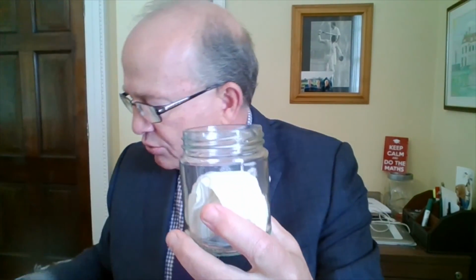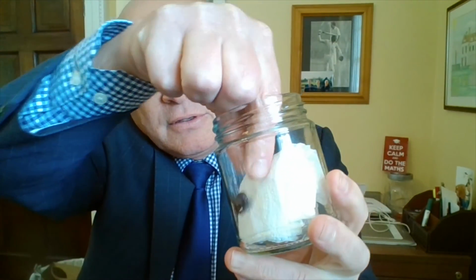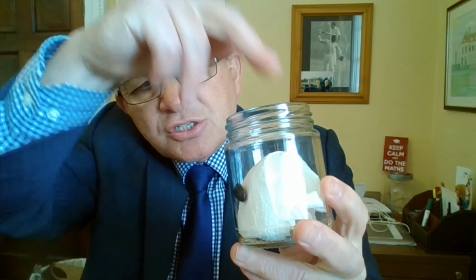And what you have to do is you're going to try and grow the beans on the outside section of the jar. And by putting in the kitchen towel, adding some water and adding the bean, you may need to push it so it's quite nice and solid, and then you add the water, and then we're going to see what happens. So it's not actually outside the jar, well, as I said, it's inside the jar, but on the edge of the inside of the jar. So you're able to see what happens. And if you need any support with that experiment,